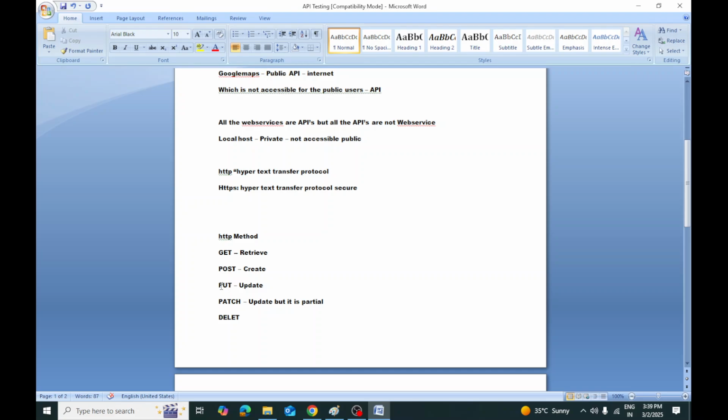When you say PUT, everything will be updated. When you use PATCH, it will update only partially. How it will happen, we will see later. And DELETE is used to remove the record or delete the request. So this is how you are going to use your Postman, and these are the important methods which we use as part of our